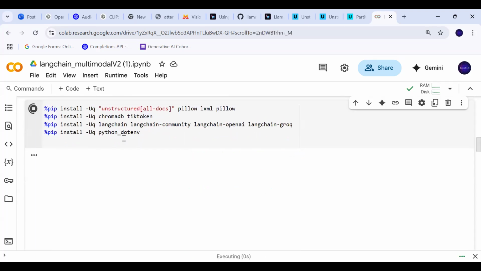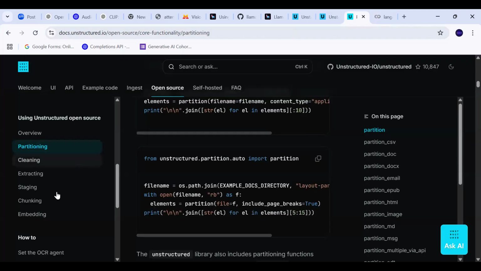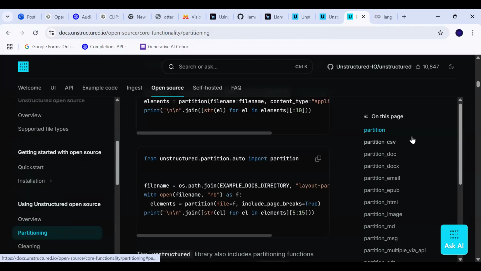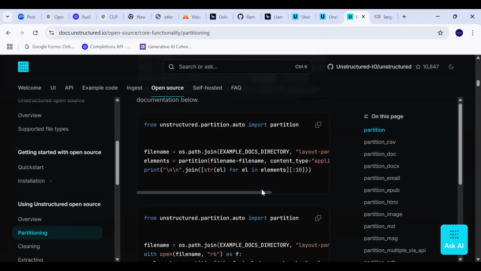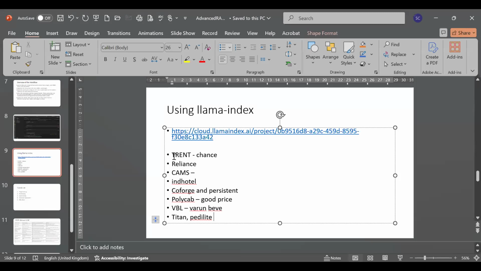Okay. So in unstructured, you have all docs. That means the library which we are installing will support all types of documents. As I said, they support many formats: partition CSV, partition docs, email. For each they have created a different library. If you are sure that your application is going to get only docs, then you can just install docs. If you are not sure, you can simply install all docs. That will